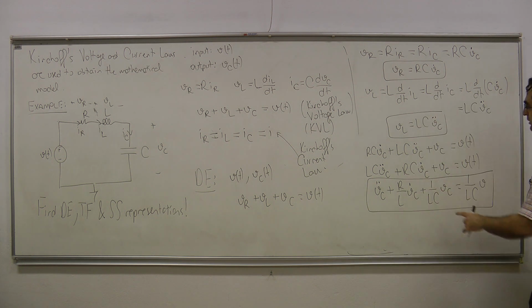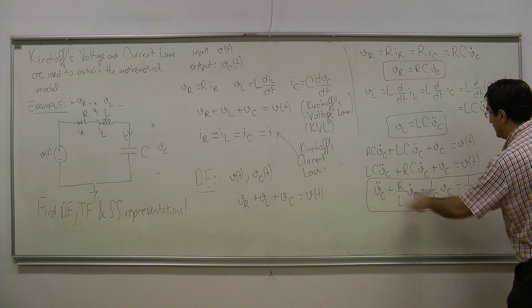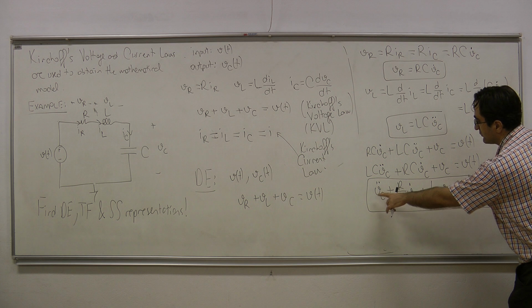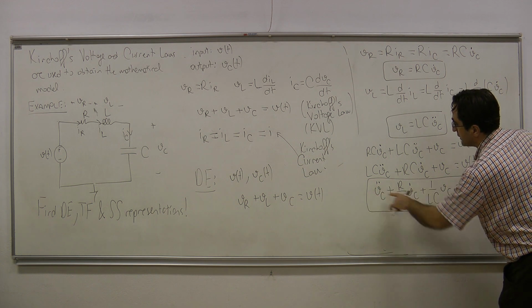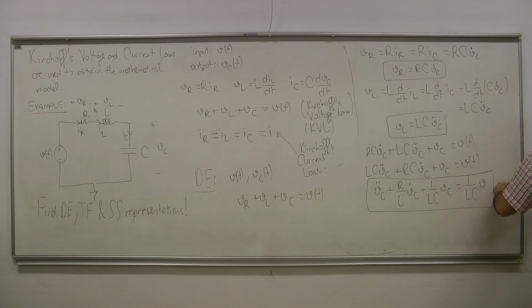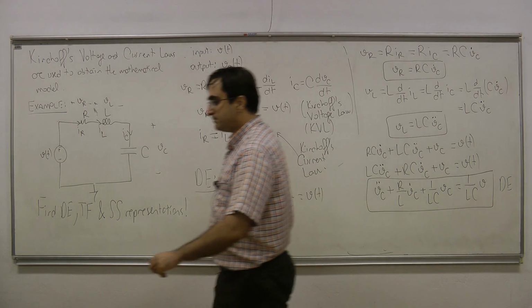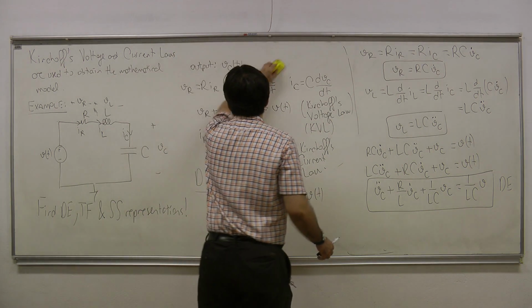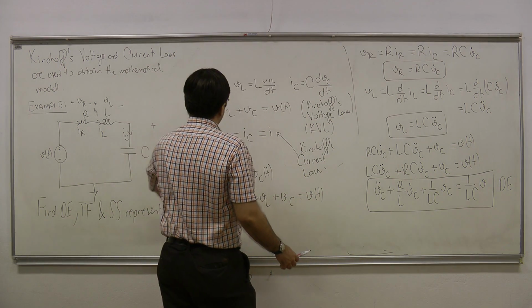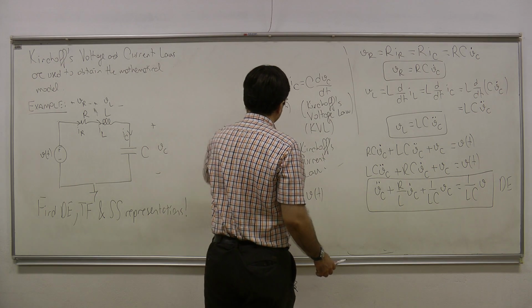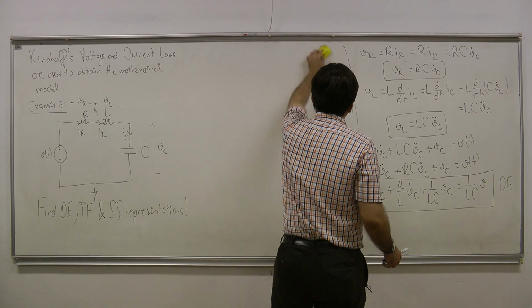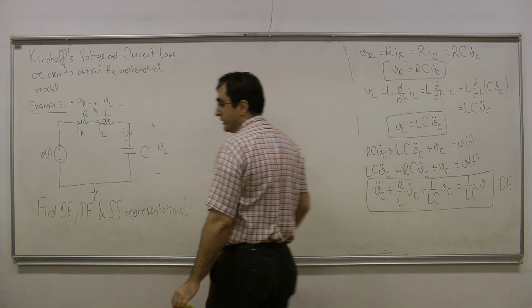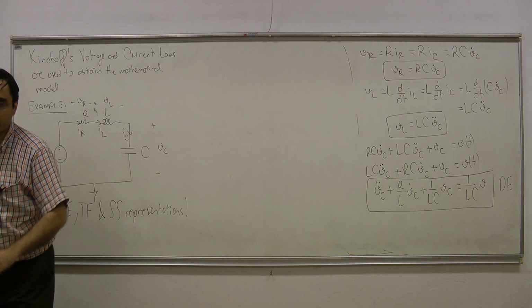The others are also differential equation representations, but I really like to work with a differential equation in this form where the coefficient of the highest order derivative is 1. So this is my differential equation representation. Now this completes this part of the problem, and the second part is going to be to find the transfer